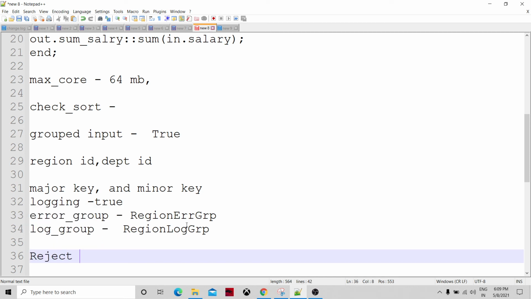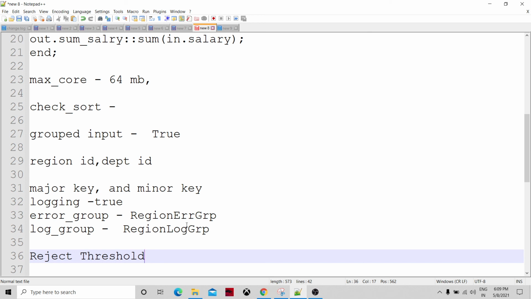And next we have reject threshold. Reject threshold is available among all the transform components, so it is also available in the roll-up component as well.